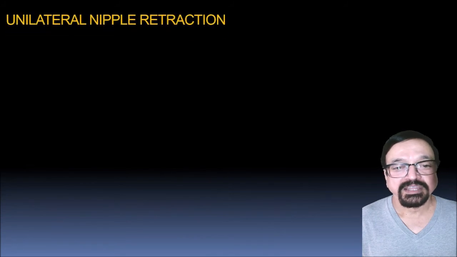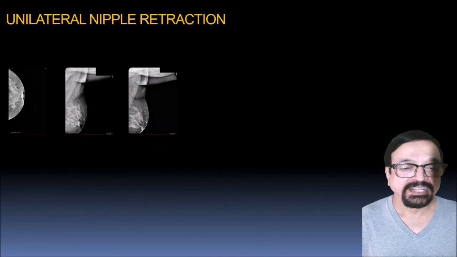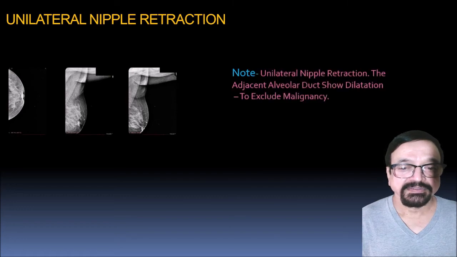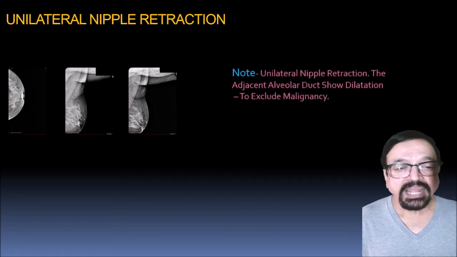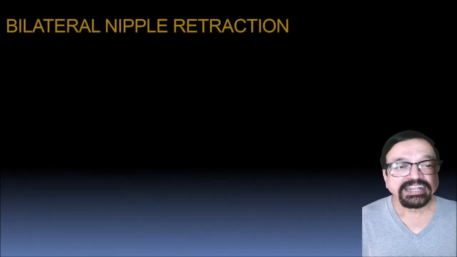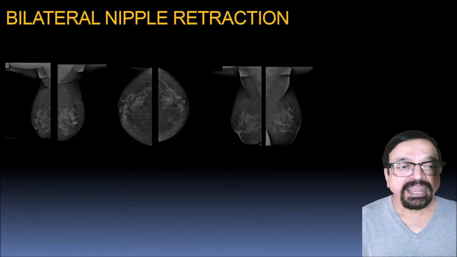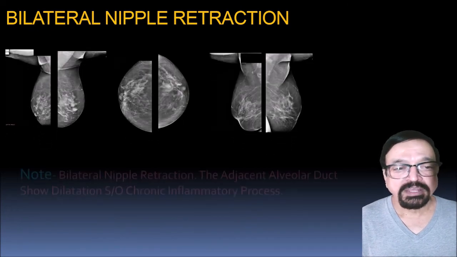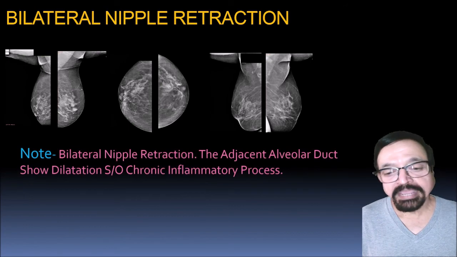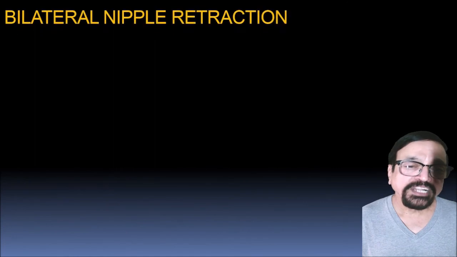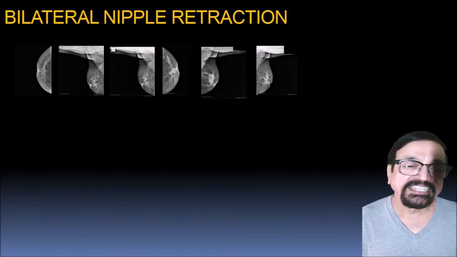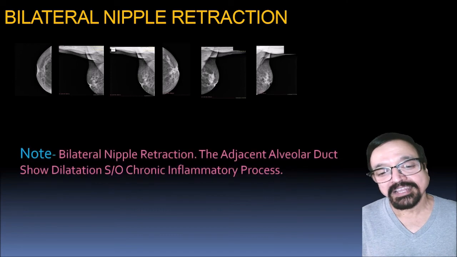In this case, there is a chronic inflammatory process. Now, unilateral. In this case, you will have to exclude malignancy. If it is unilateral and has come in a short span, it is very important to exclude malignancy. Bilateral, often you may get a chronic inflammatory etiology looking at the history, or often the patient doesn't give any history, just says it has been there a long time, or it is just noted when they come for the mammography. That is also possible.